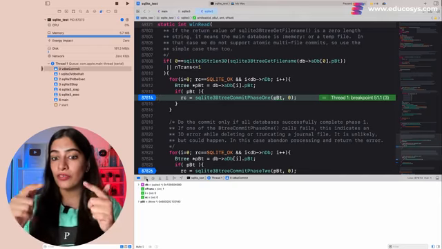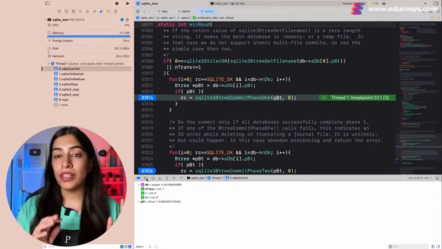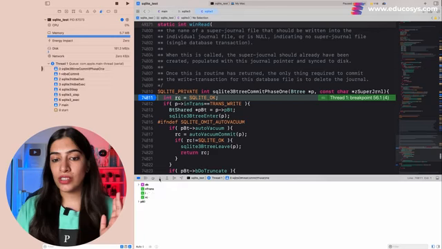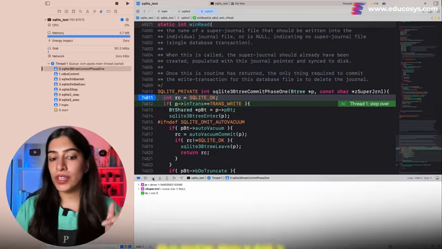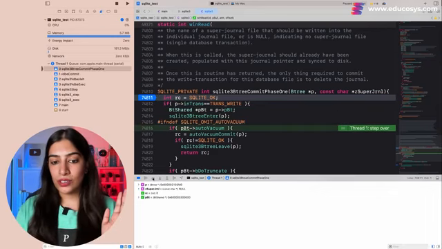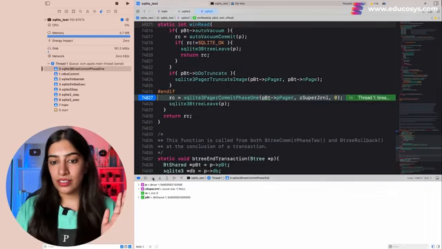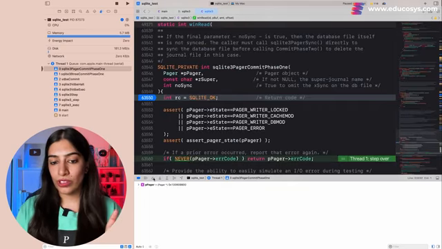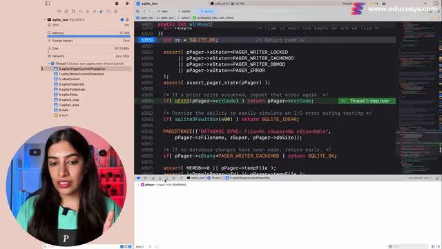VDBE commit. From VDBE commit, where do we come? BTree commit phase 1. As soon as we go inside this, we will go to pager phase 1. Let's go inside that. See, pager phase 1. As soon as we go inside the pager phase 1, what all things are supposed to happen? See,